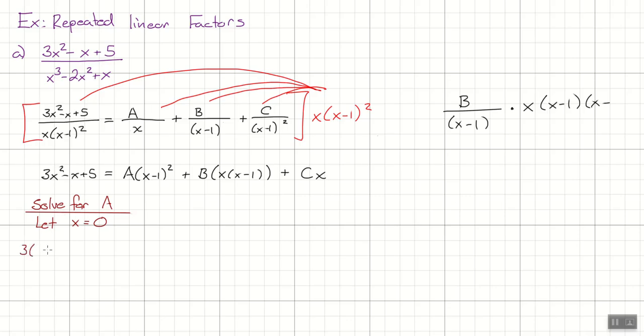Anywhere that there's an x, what am I going to replace it with? 0. You may not write all this, just so you know, and I totally understand if you don't, but there's what happens when I plug in 0 on the left. Most of you, I assume, can tell it's just 5. 0 plus 0 plus 5. Okay, this A term,